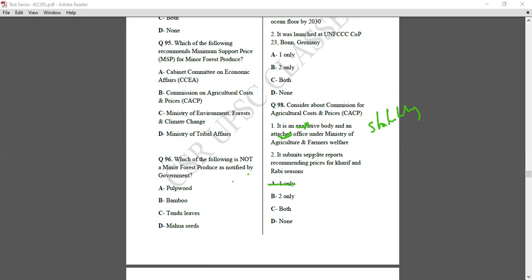It submits separate reports recommending prices for Kharif and Rabi crops. Yes, this is correct. It submits separate reports. Remember, Kharif और Rabi के लिए अलग-अलग, because this is the body which recommends MSP and approved by CCEA, Cabinet Committee on Economic Affairs. So separate reports this committee gives to CCEA. Next,